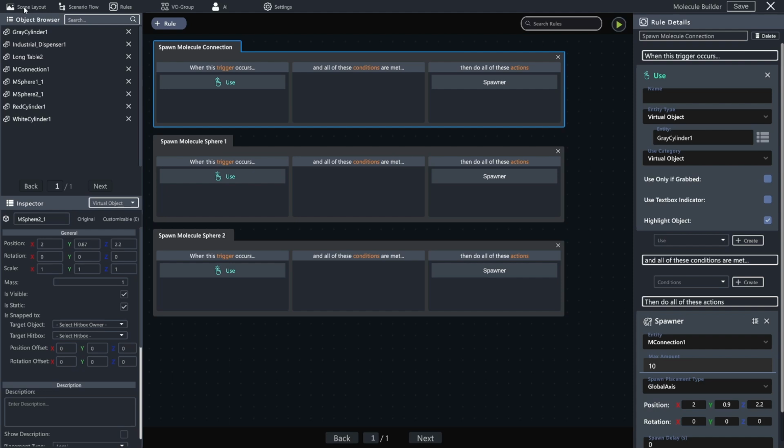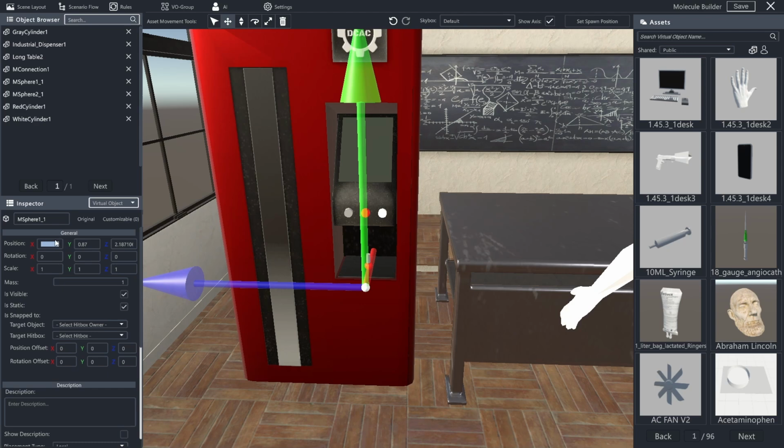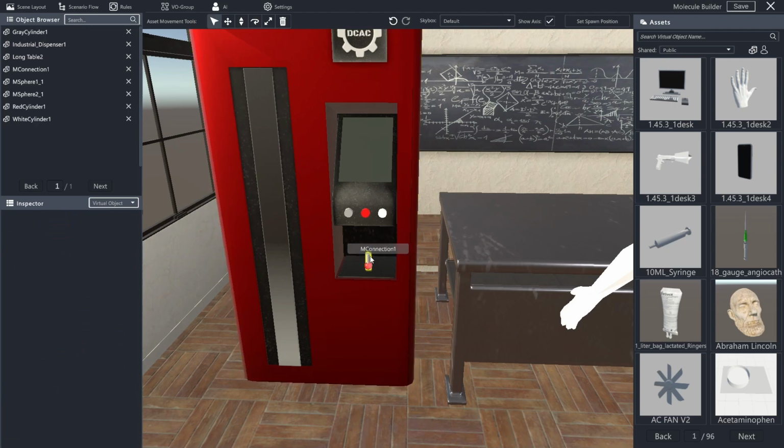And the next thing we're going to want to do is we're going to want each of these objects to be part of a group so that they can function as individual components within this. So that way, I'm able to have any sphere created by this system match the intended behavior, and all of these are going to be able to be connected together at either end of this connection. That is going to be through the process of